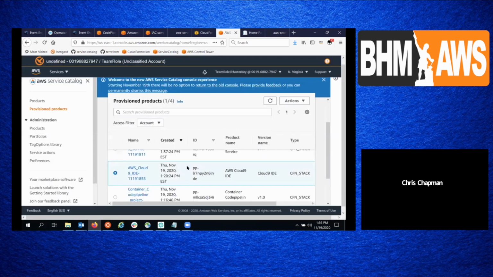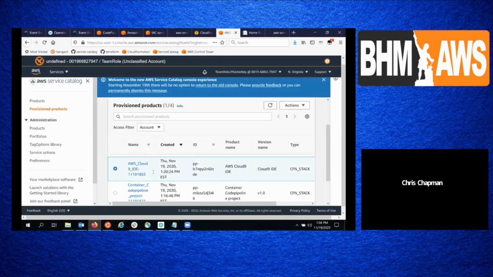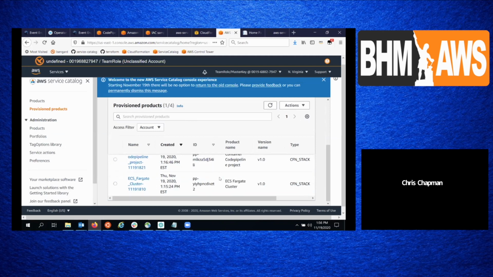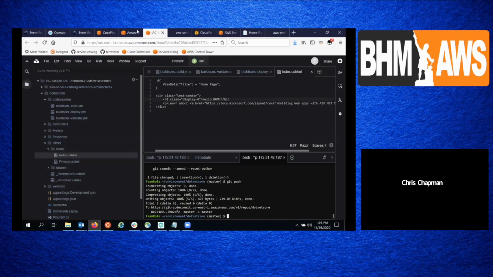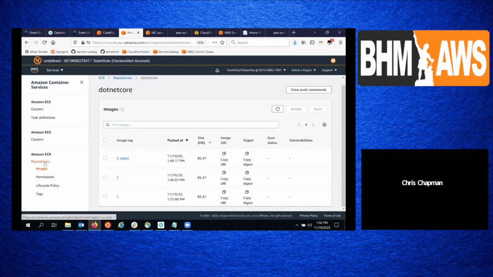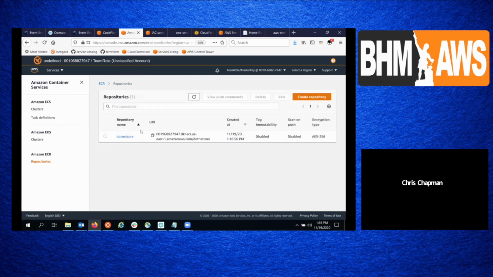So that'll clear it out. The one caveat to that is the code pipeline project itself. That has two pieces that you need to manually do. You need to go into the ECR and get rid of all these images, which I think it's easier to just manually delete the whole repository